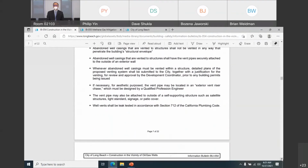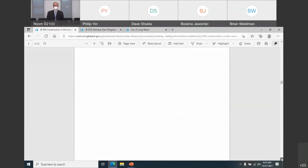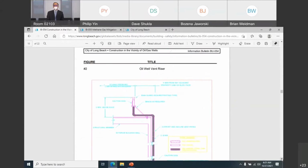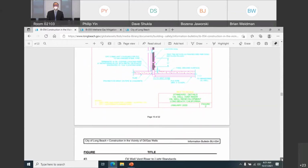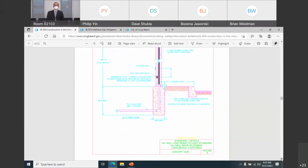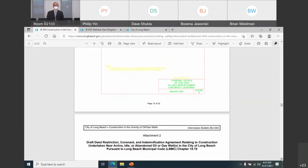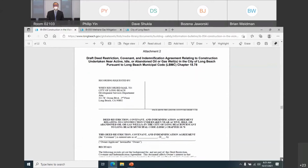The bulletin is 22 pages and has some standard details that the inspection team will look for in the field. So the cone venting of the pipe, the vertical riser against building details. All these details that architects and engineers may have questions about and how to handle. Now they are prescriptively developed in this bulletin, and we highly encourage, even the signage, we highly encourage you to follow these four details and include them in your